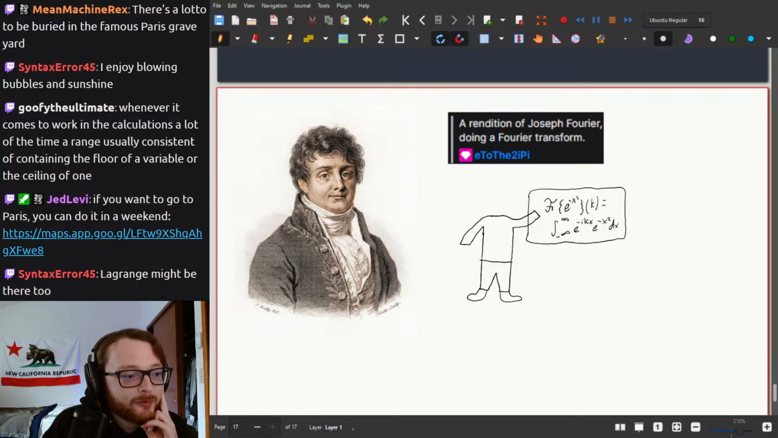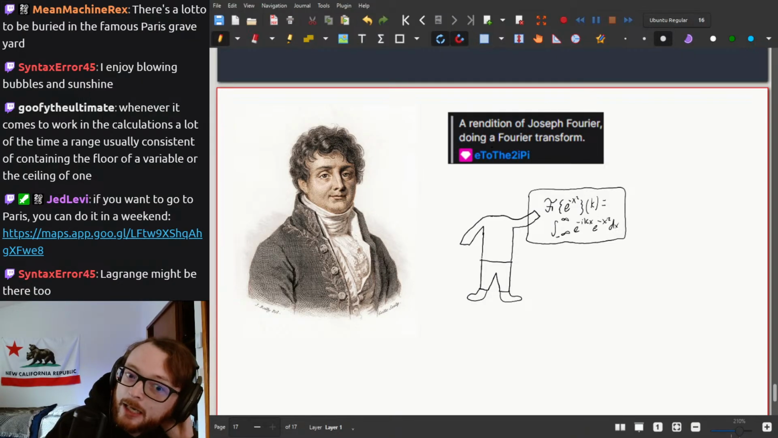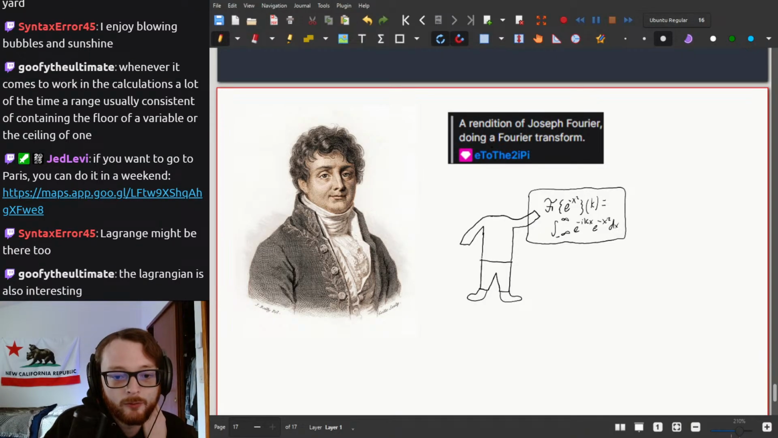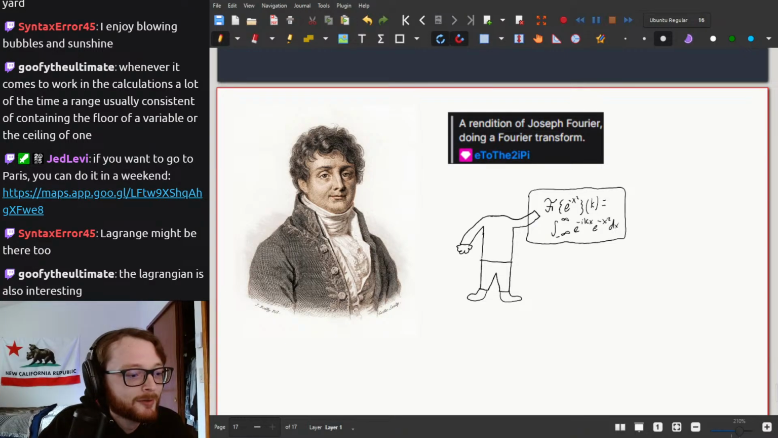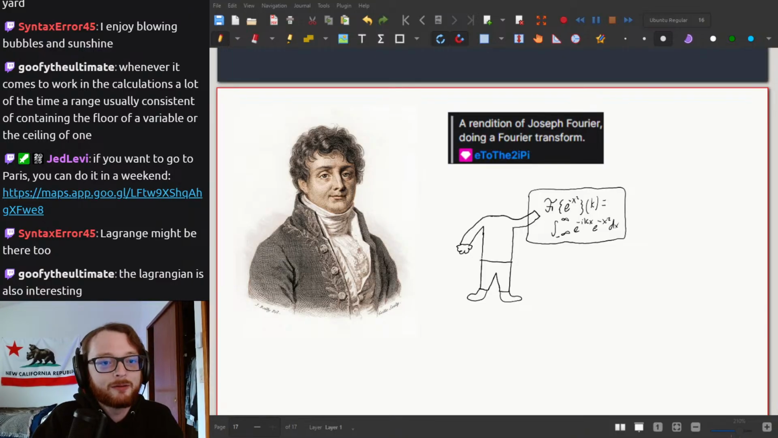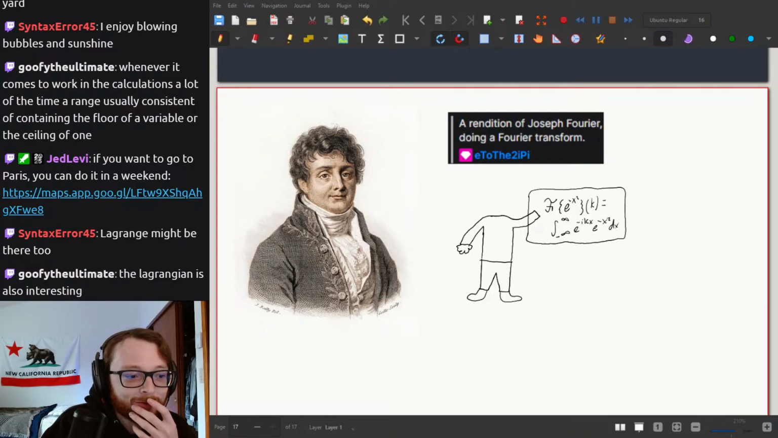You enjoy blowing bubbles in sunshine, and I'm all out of sunshine. Whenever it comes to calculations, a lot of them usually consist of containing the floor of a variable or the ceiling of one. Yeah, I know there's some clever integrals that involve the floor or ceiling function. If you want to go to Paris, you can do it in a weekend. Lagrange might be there too. Ooh. Lagrangian is also interesting. That's like a physics thing though, right? That's separate from